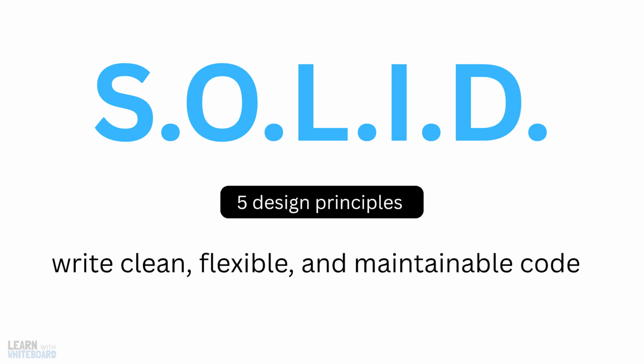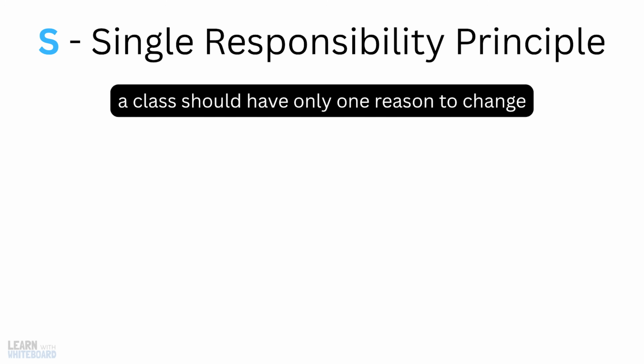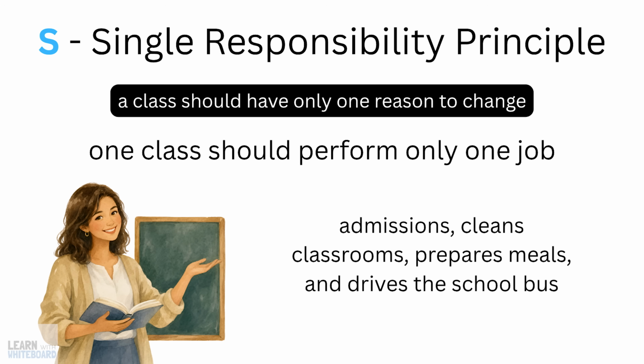The first principle is single responsibility principle, which says that a class should have only one reason to change. In simple words, one class should perform only one job. Imagine a teacher in a school. A teacher's responsibility is to teach students. If the same teacher also manages admissions, cleans classrooms, prepares meals, and drives the school bus, it becomes impossible to